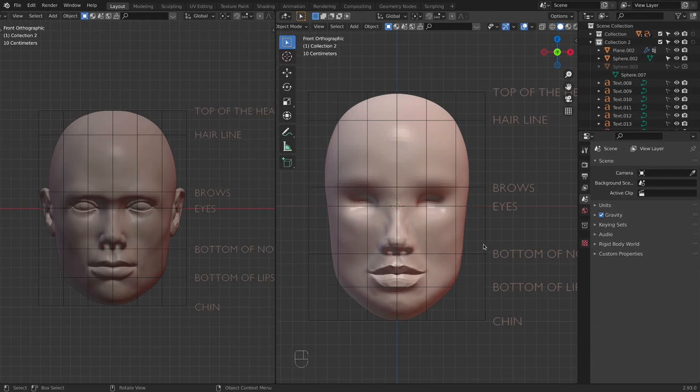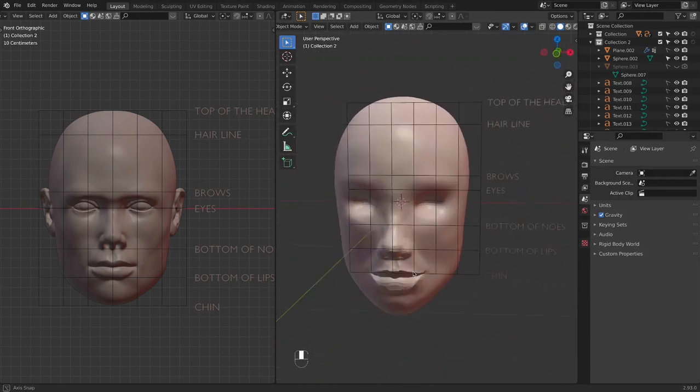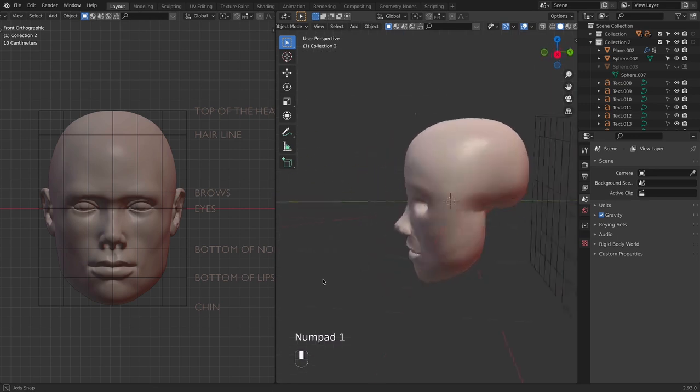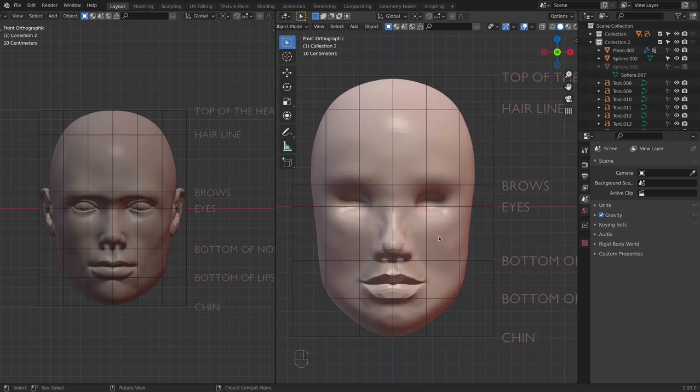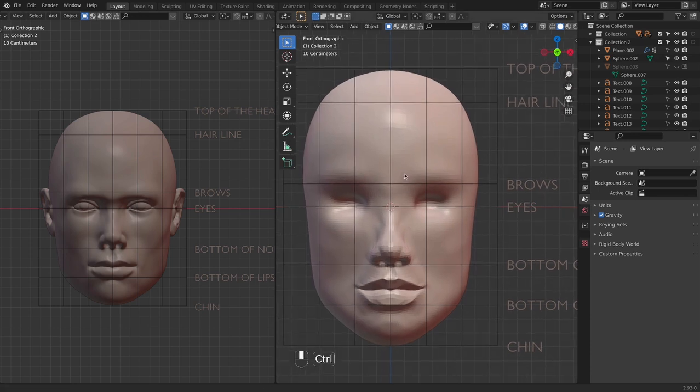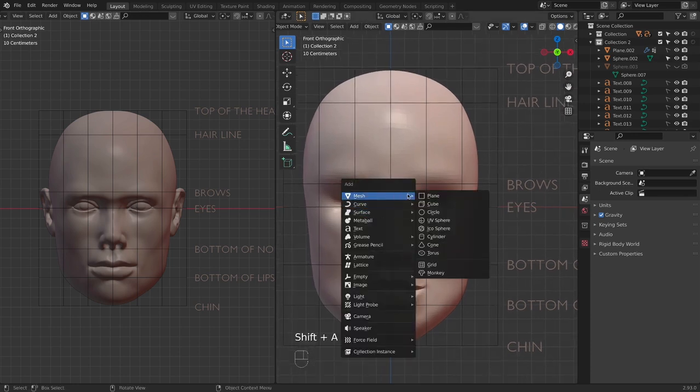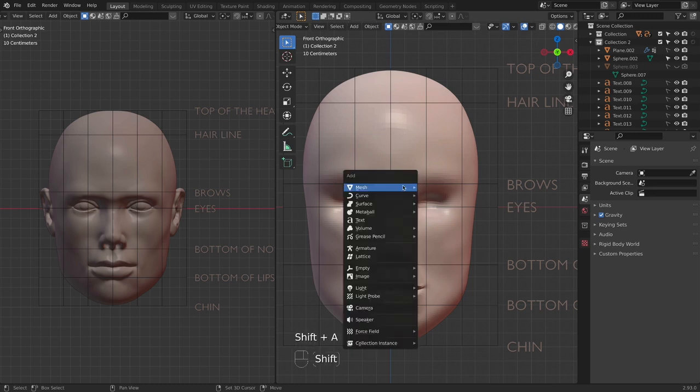So as you can see here, this is the rough sculpting of a head right now, and we are going to be adding eyes first of all, and then we are going to apply more and more remesh so that we can move and sculpt the smaller details that we have here. So right now I will go into the object mode,